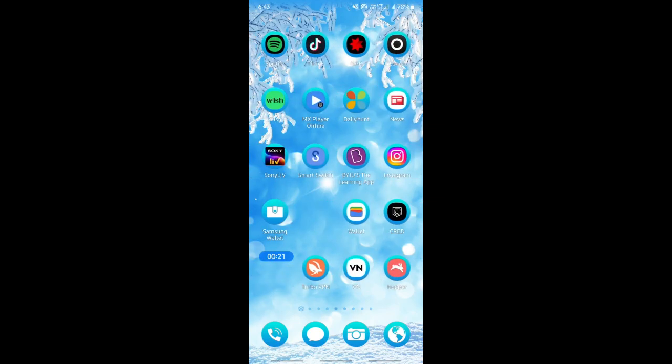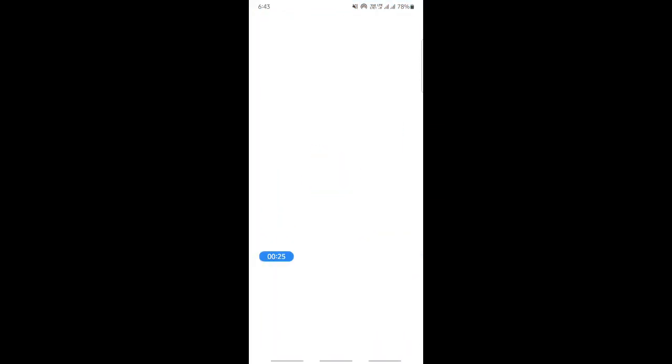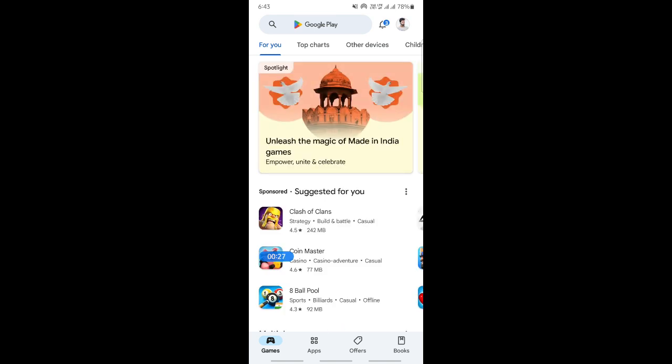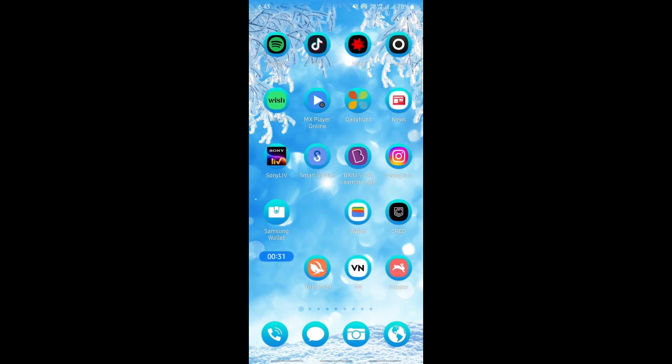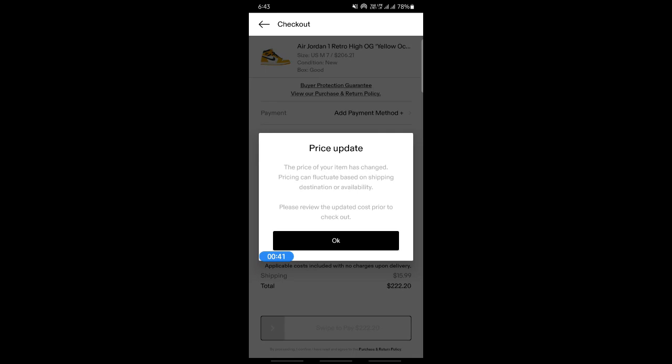So go to your Play Store and just check if there is any update for your app. If there is any, just update your app. So that's basically it, just check that. And once you're done, what else you can do is make sure when you're accessing the app you have a perfect stable internet connection,